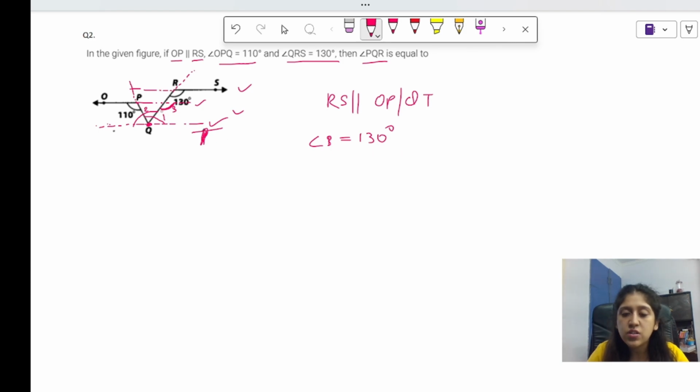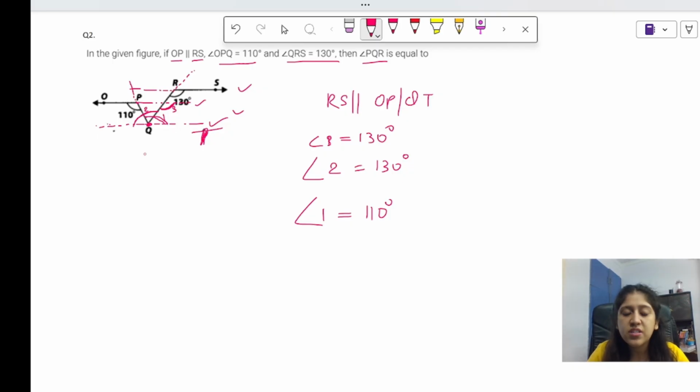Now, my angle 3 is 130 degree, and I have made a parallel line that is QT. Yes. So angle 3 and angle 2. Which is angle 2? Angle 2 is this. I hope the construction is clear. So the angle 2 is also 130 degree because of alternate interior angles. Alright. Now, what is angle 1? Can you see angle 1? Angle 1 is this angle. Okay, ये वाला angle है. Angle 1 and 110 degree, they look vertically. Oh, alternate interior. Yes, I'm so sorry. So angle 1 is 110 degree because of alternate interior.